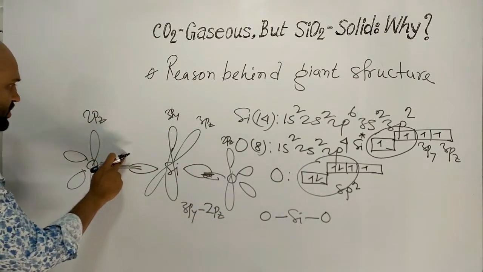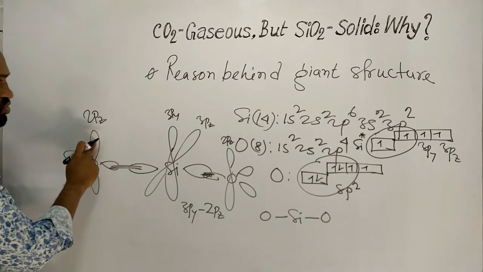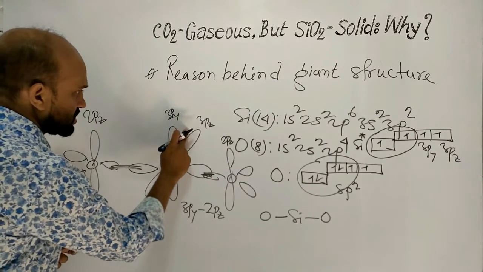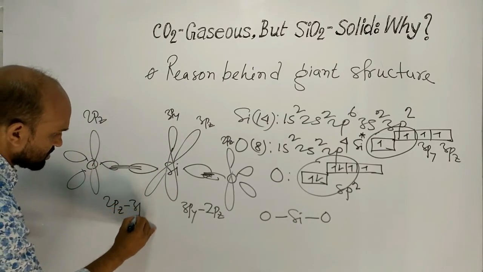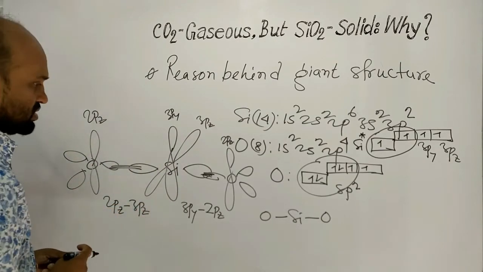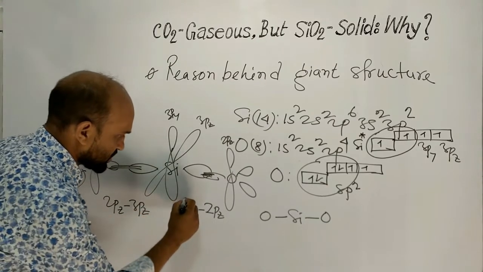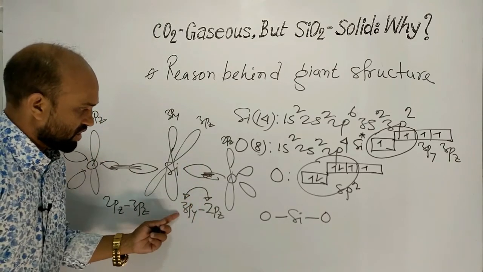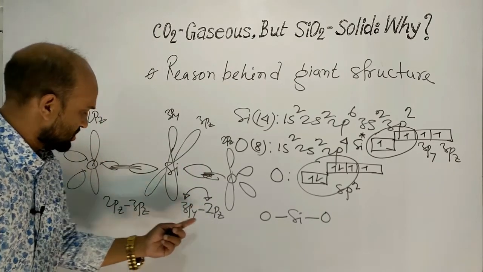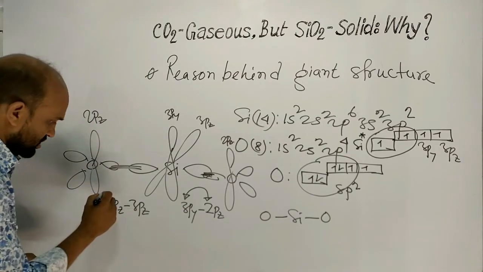To form another pi bond, this 2pz orbital needs to overlap with the 3pz orbital. Because of the difference in principal quantum number,